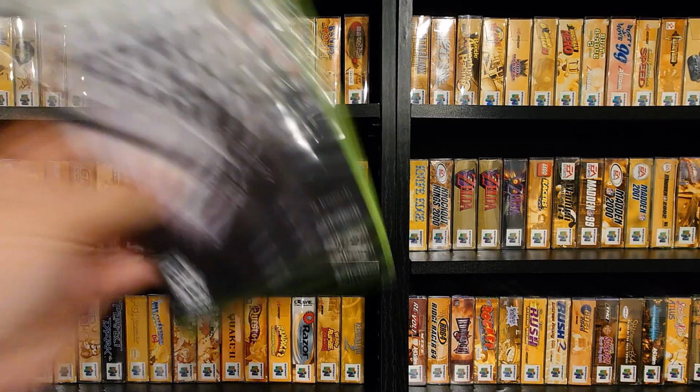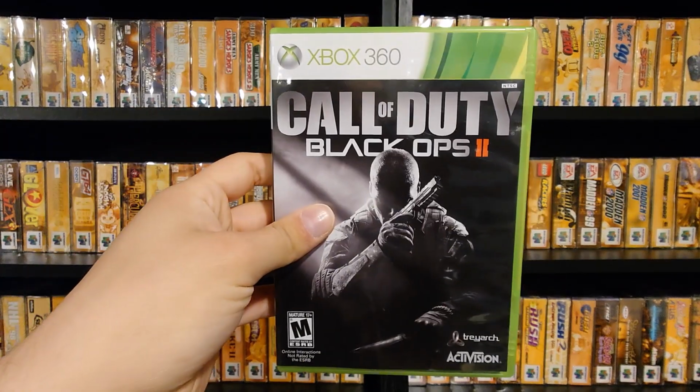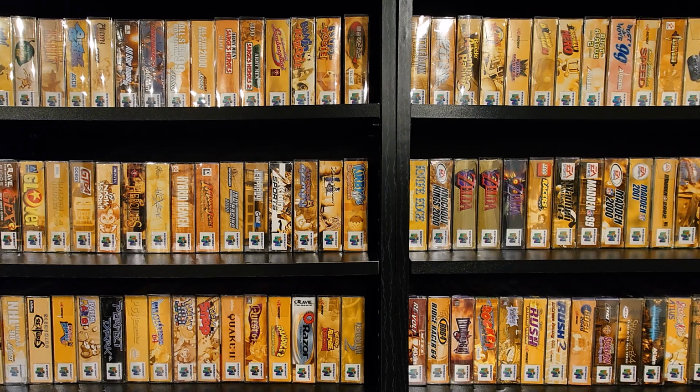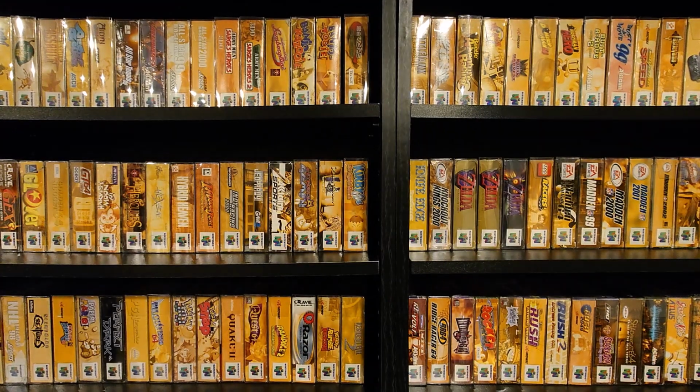Going through the games here, this is a good one to get. Black Ops 2 holds some okay value. Nothing great, maybe 12 bucks or so, but not too bad there. And the disc, not bad. Not amazing, not bad. But Black Ops 2 is one to look out for because you'll find it all the time. I sold a couple copies earlier in the year, I think for like $14.99. I'm not sure if I could still get that. But Borderlands 2 Game of the Year, Borderlands Pre-Sequel,